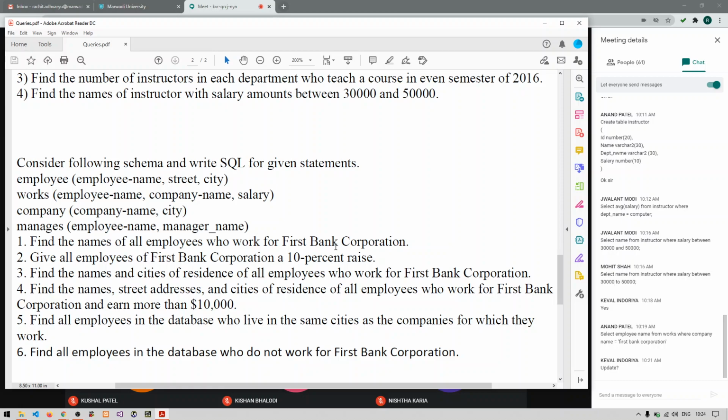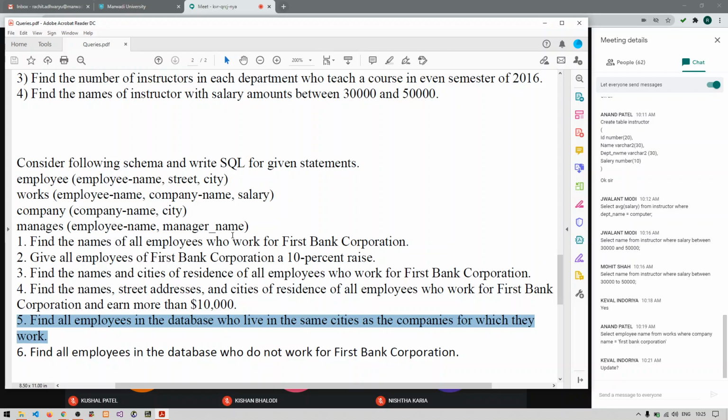Okay, give me the answer of query number 5. Find all employees in the database who live in the same city as the companies for which they work. Just try out this answer.